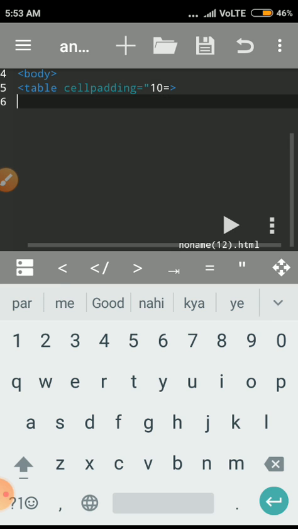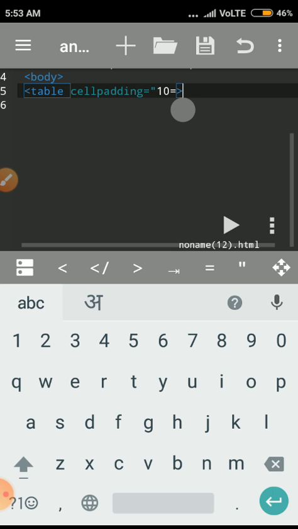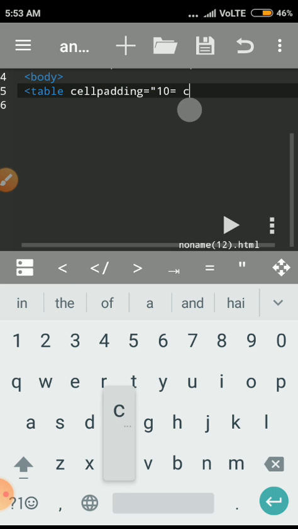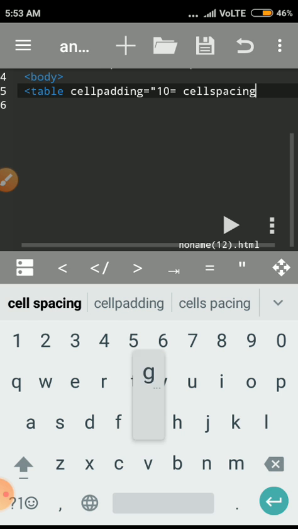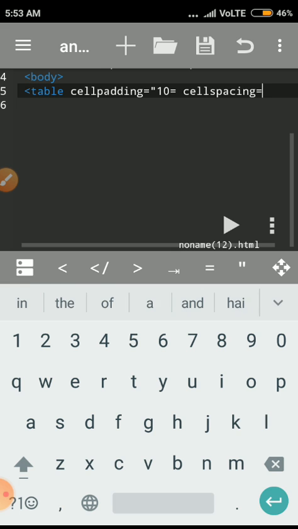And then cell spacing. Okay, one more term is cell spacing. This attribute sets the minimum distance between two adjacent cells. If we want to set a minimum distance between two adjacent cells, for that purpose we are using cell spacing. Cell spacing equal to, inside the double quotation I give the numbers.